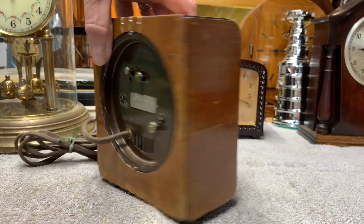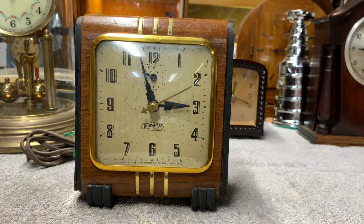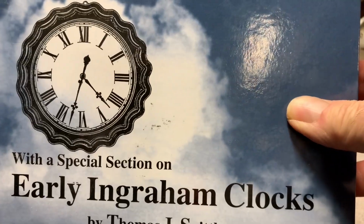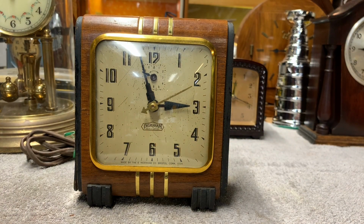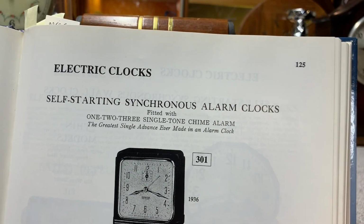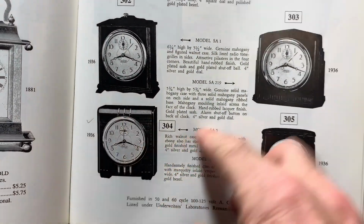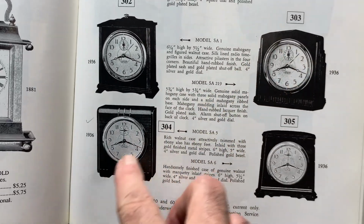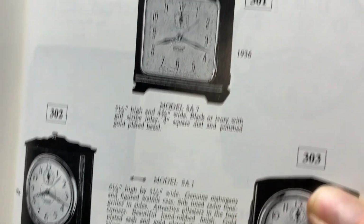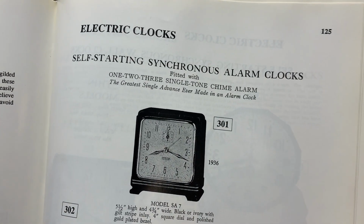Now, I do have an Ingraham book, and I was able to locate this in the book, and I'll show it to you. This is the book, Ingraham Clocks and Watches, and in it they have a section called Self-Starting Synchronous Alarm Clocks, and the model SA5 is pictured down here. You can see the little metal trim, the same square case, except if you notice it's a round dial. And the clock I have here has a square dial. But there's another model here, the SA7, also from 1936, and that has the exact same square dial as this